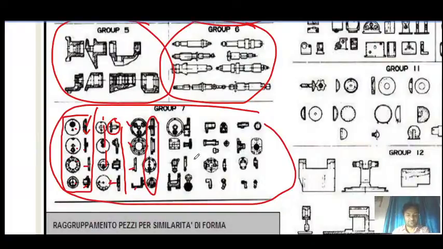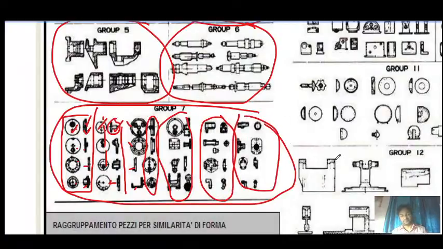So there is no clear definition of which view you are taking. You can also take this view, and this can be a side view. You can also take this as a front view, and this can be a side view. So actually what we are projecting here is two views, and those parts are grouped together. You put some group number 7.